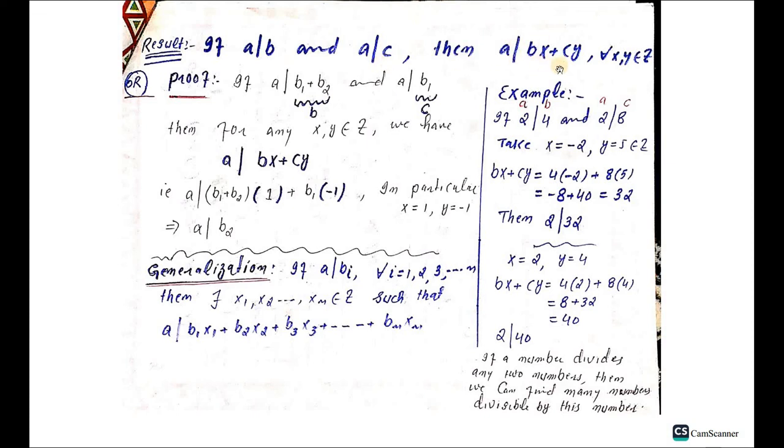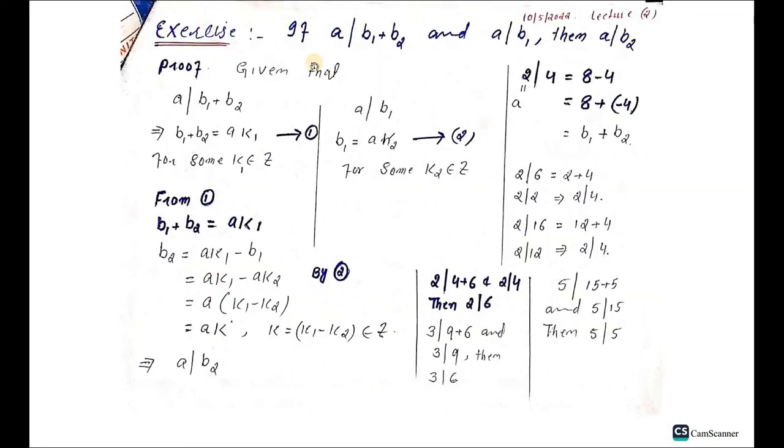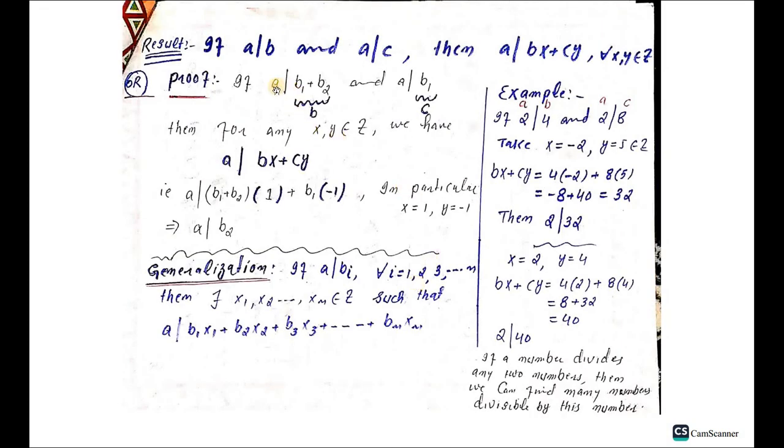a divides this linear combination for all x, y belong to Z। अब यहाँ पे क्या है, a divides b1 plus b2। हमारे पास जो थ्योरम है यहाँ पे a divides this sum and a divides this individual b1, then a divides b2, तो इसको प्रूव करना है। तो यहाँ पे हमारे पास क्या है, a divides this sum and a divides b1। तो हम क्या कर लेंगे, इसी a के लिए हम यहाँ पे इसी इंटीजर का और इसी का लीनियर कॉम्बिनेशन लेंगे। तो b1 प्लस b2 को हमने यहाँ पे b से ज़ाहिर किया है और b1 को हमने